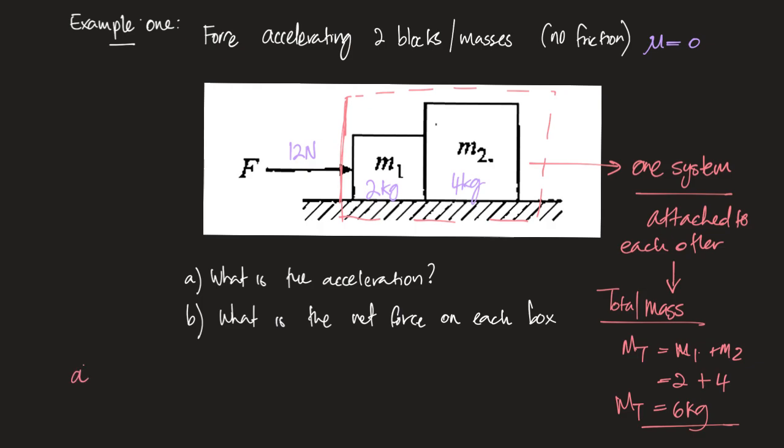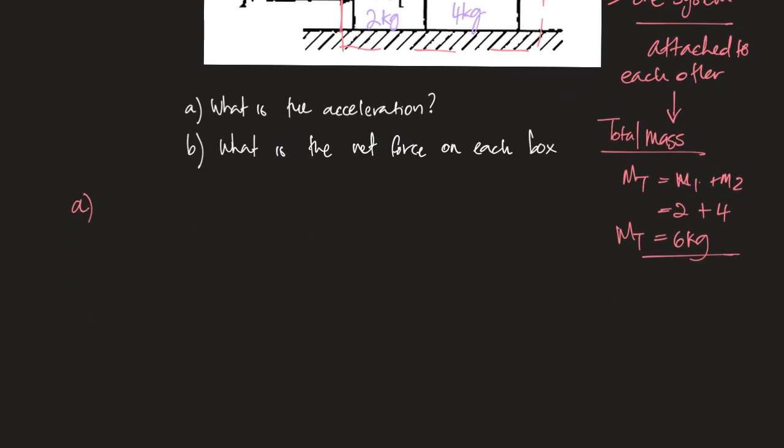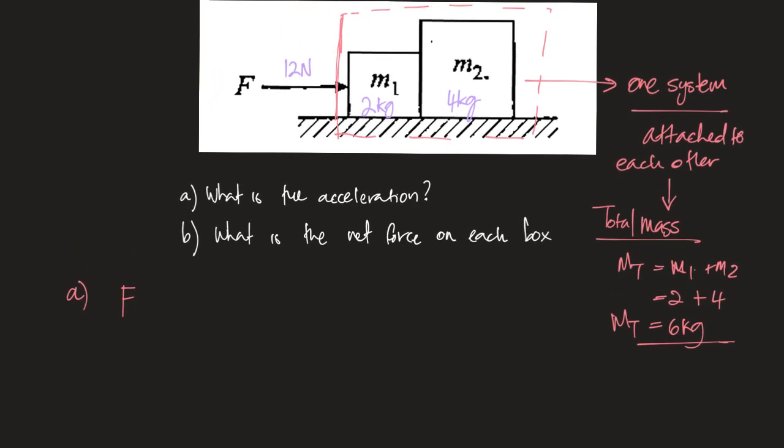So if I'm looking at question A, please make sure you get these diagrams and information into your books, so that you know what's going on. When I look at A, I know that I have one singular force, so I can call it F net of 12 newtons. And I've got a total mass of 6 kilograms. And they want from me